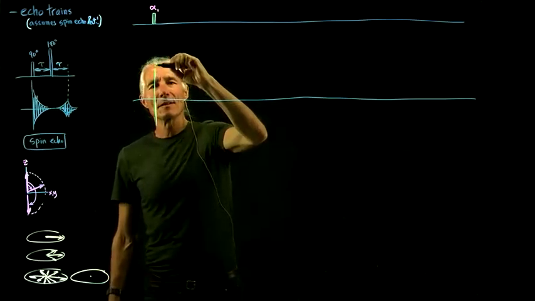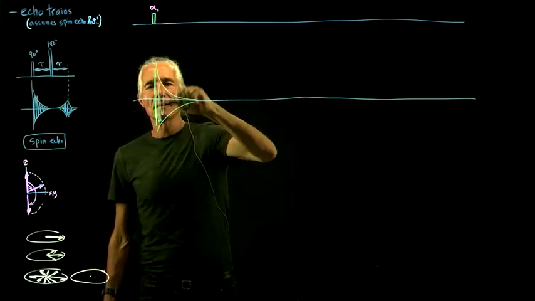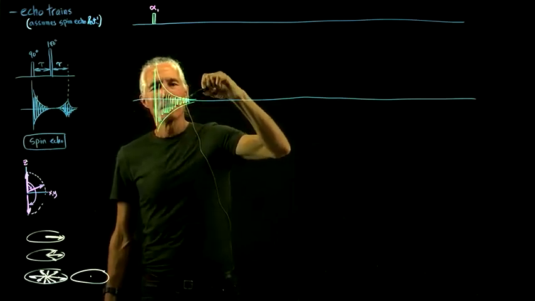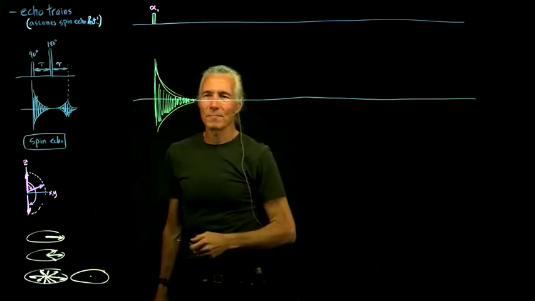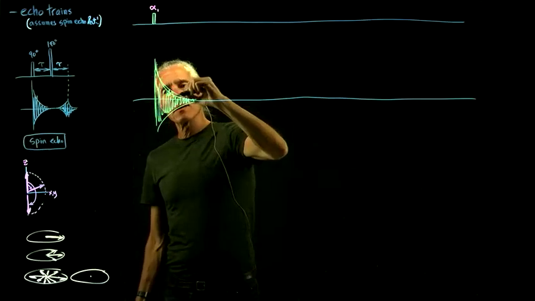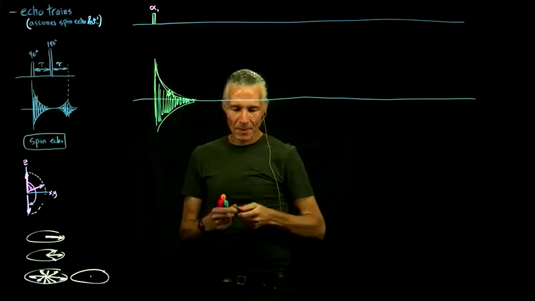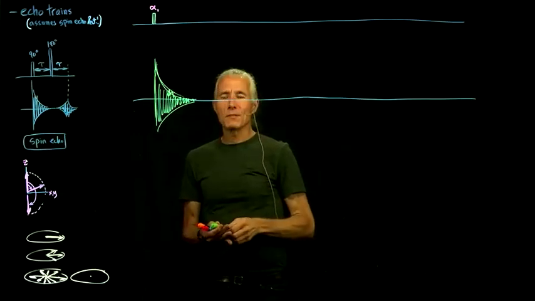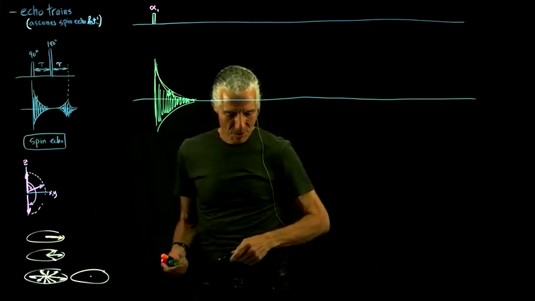So here's that signal, stimulated by that pulse. And if we didn't do anything else, that's all that would happen. Nothing would happen down the line. So then plan B is